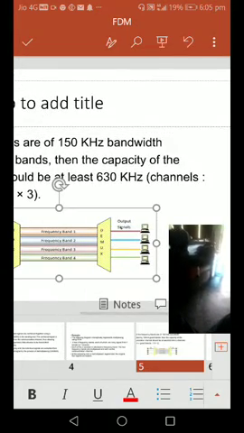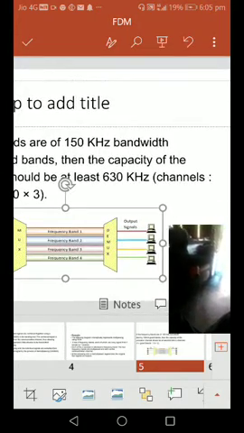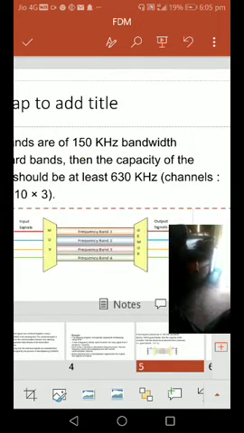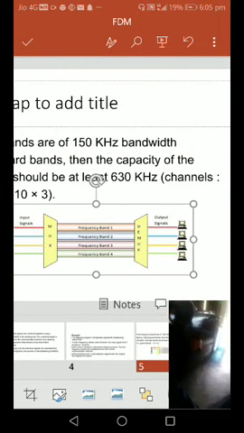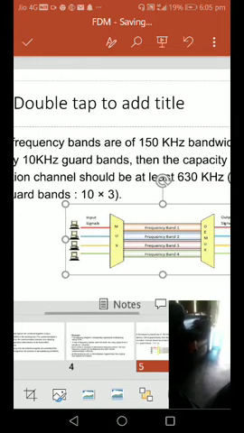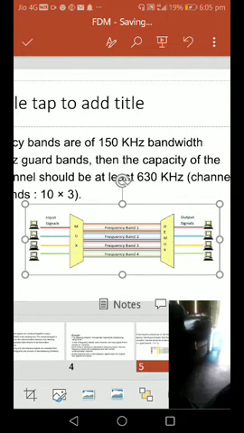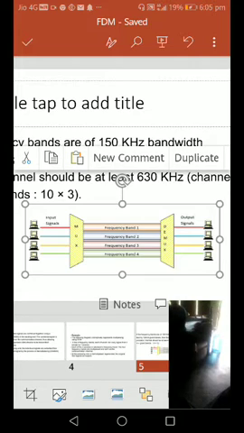We have seen the frequency bands, and now we take this block diagram. The input signals come from one computer, then the second, third and fourth. I have taken only four users, with the first frequency band, second, third and fourth frequency bands. We multiplex them, and then we demultiplex.